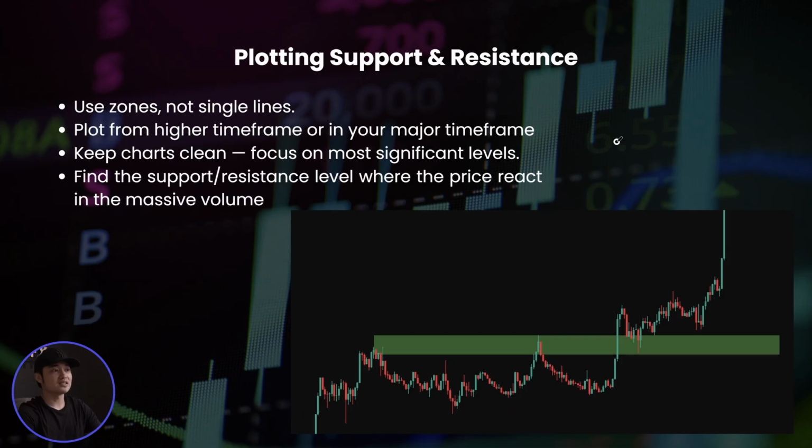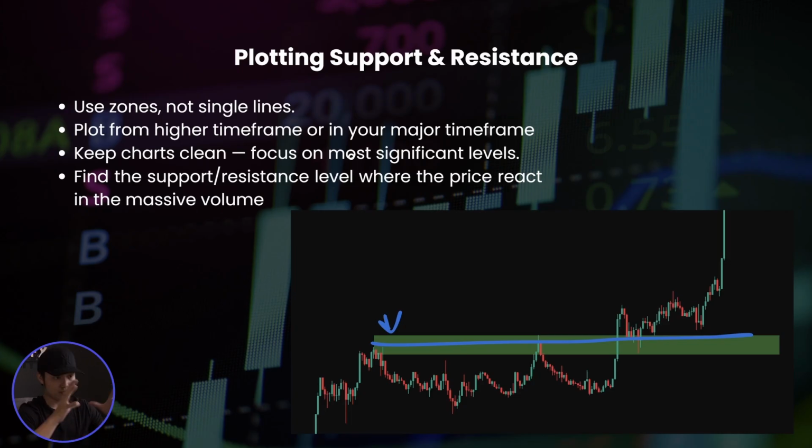Plotting support and resistance. First, use a zone, not a single line. This rectangle is a zone, not a single line like this. Plot from the higher time frame, your major time frame. If you are a swing trader or trend following trader, use the higher time frame as your major time frame. Keep your chart clean, no moving averages or any indicators, so you can pinpoint with your naked chart